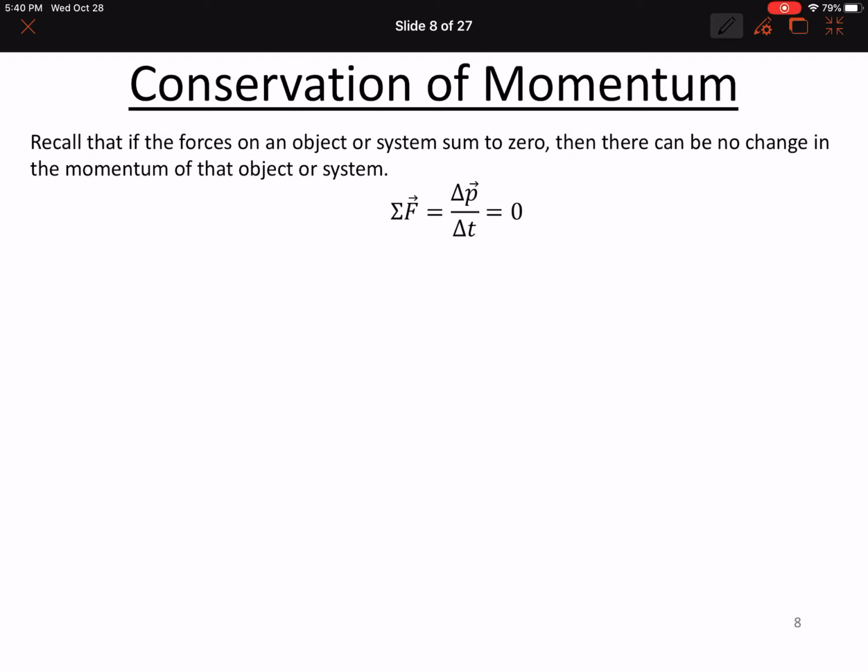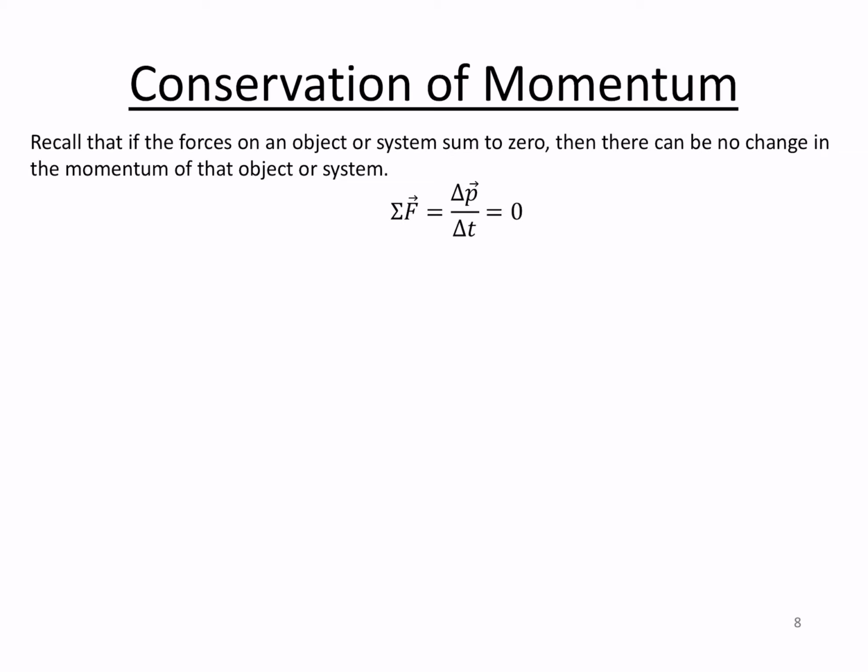Hello, and today we're going to talk a little bit about conservation of momentum. We've already looked at momentum itself. Remember that momentum is defined as this. It's a vector quantity. It's the product of the mass of an object times its velocity. And remember that we could reformulate Newton's second law in terms of the rate change of momentum